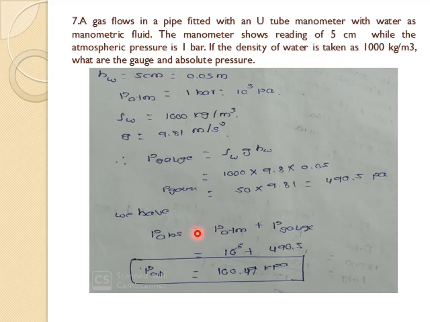We know that absolute pressure is equal to atmospheric pressure plus gauge pressure. Atmospheric pressure he has given in the question, which is 10 to the power 5 pascal. So absolute pressure equals atmospheric pressure plus gauge pressure, 10 to the power 5 plus 490 pascal. So total absolute pressure is 100.49 kilopascal in the pipe which is having a flow of gas. So this gas flow is exerting about 100 kilopascal of pressure on the container. That is what the question is, and the answer we did find out.